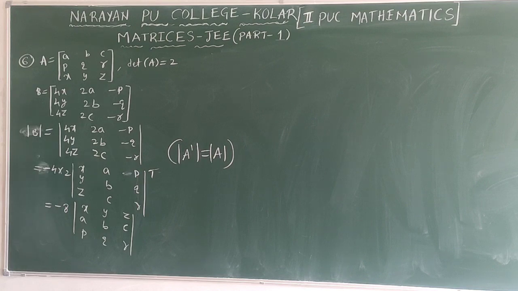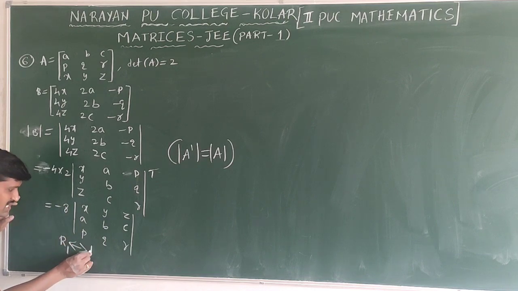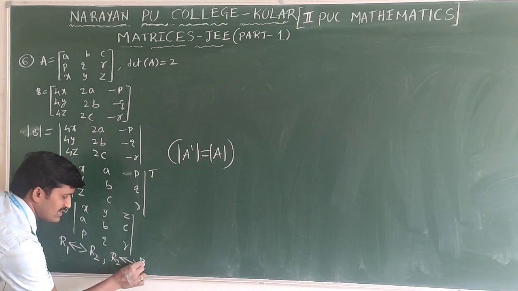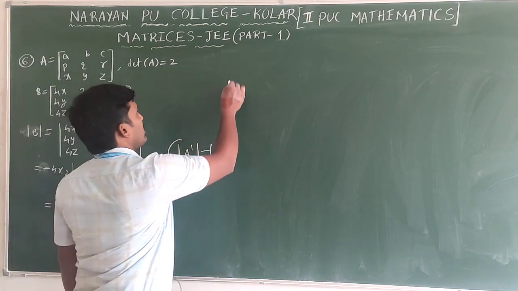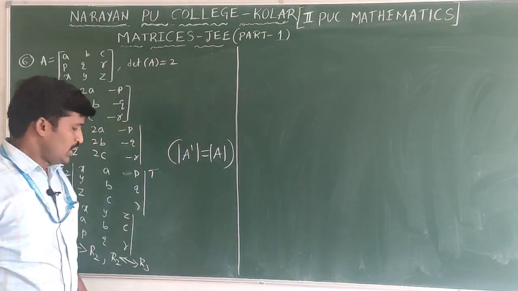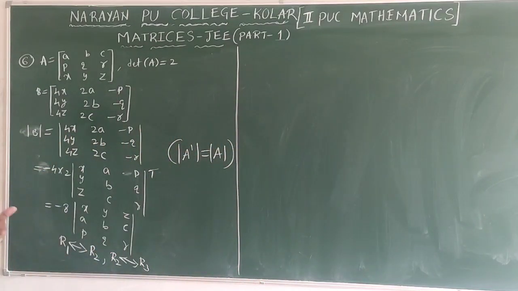Now, again coming to the condition, here we need to interchange. First a, b, c is there, next x, y, z and last row p, q, r is there. Just these two we need to interchange. Which two? x, y, z and the first row, interchange these two, later interchange the remaining two. First R1 interchanging with R2. Next immediately R2 interchanging with R3. For interchanging any two rows or any two columns, you will get a minus sign. Two times we are changing, minus into minus, plus you will get.